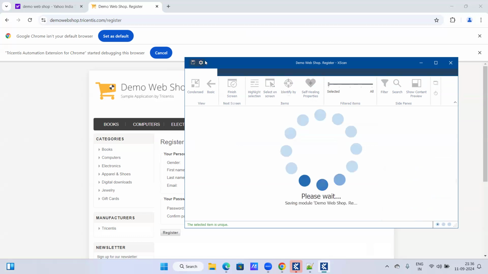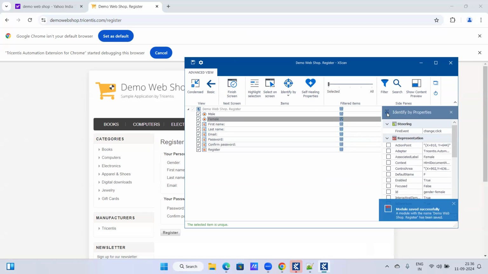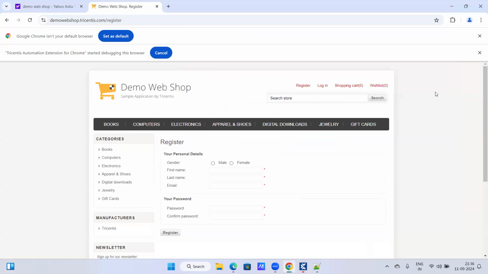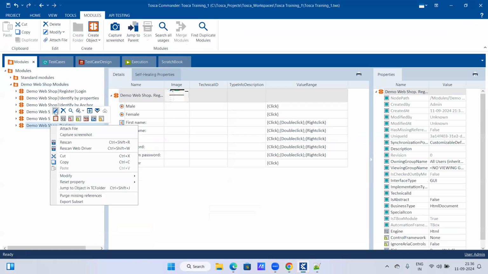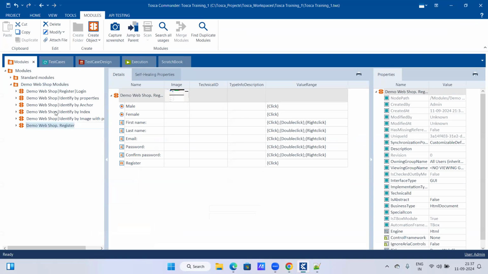Now I'm going to save it and close my window. So now you can see the module demo webshop.register. I'm going to change this name. So, demo webshop